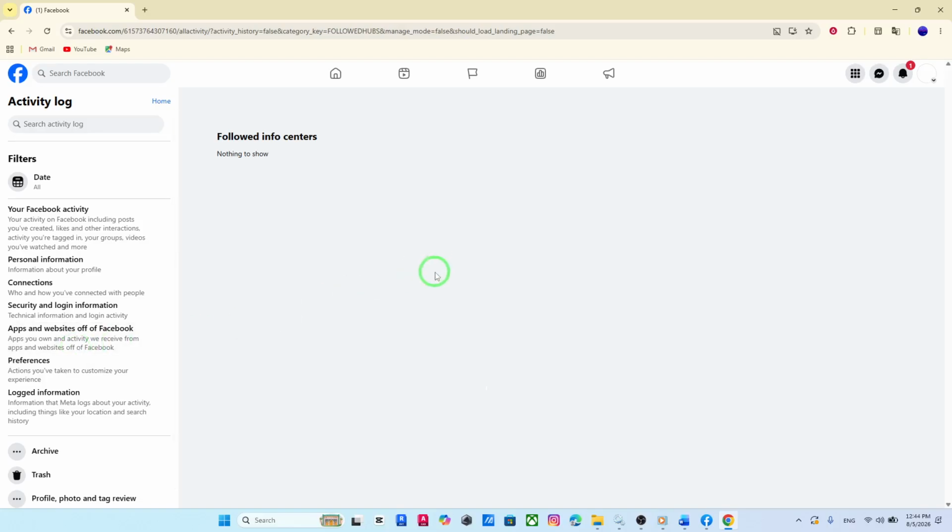So again, the full path is open Facebook Web, click your profile photo, go to Settings and Privacy, open Activity Log, choose your Facebook activity, click Pages, and then select Followed Info Centers. And that's it. Now you know how to find all your followed info centers on Facebook Web on PC with the new